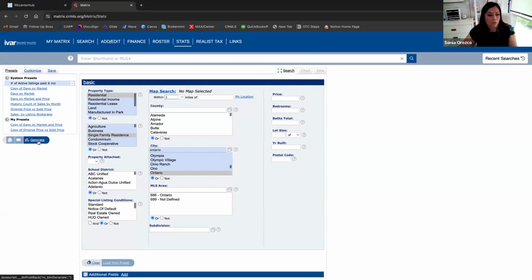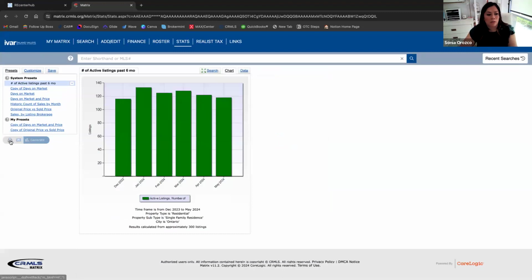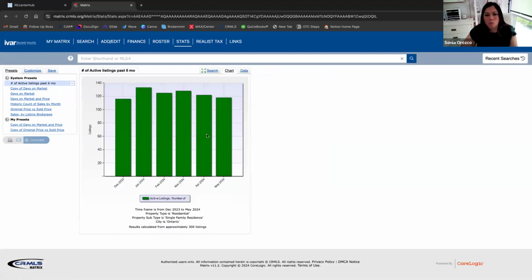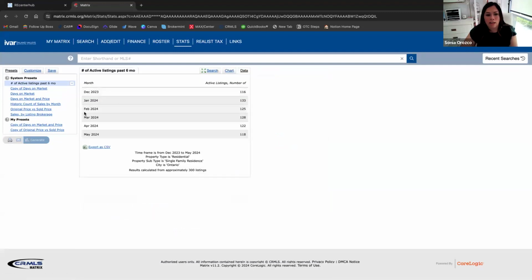is you go here to generate. You see how there's a print here? Right here? Yeah. So you could print it, you could email it if you want, but a lot of times what I'll do is I usually like this unless I'm going to do my own graph like in Canva. But if I'm in a hurry and I just want to do this, I'll go here to